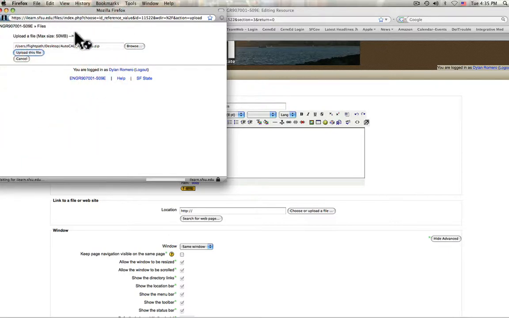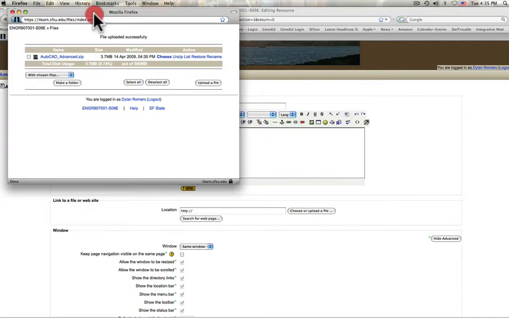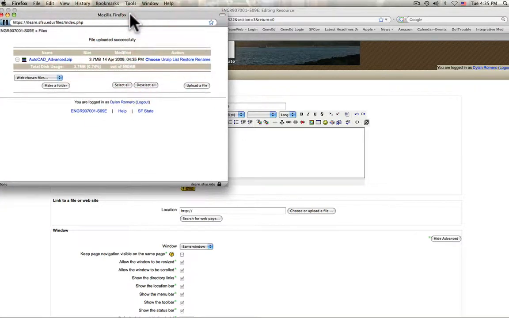As you can see, the max size for uploading is 50 megabytes. So there's quite a few different types of files that you can upload. Basically, any format that you can think of that's under 50 megabytes can be uploaded to iLearn and accessible to students. After we've uploaded it, you can see that it will say file uploaded successfully. You're going to want to choose it to put it in the page. So I'm going to select choose